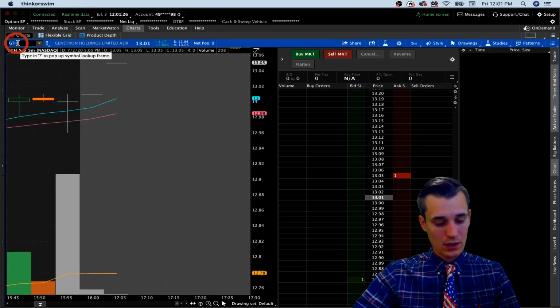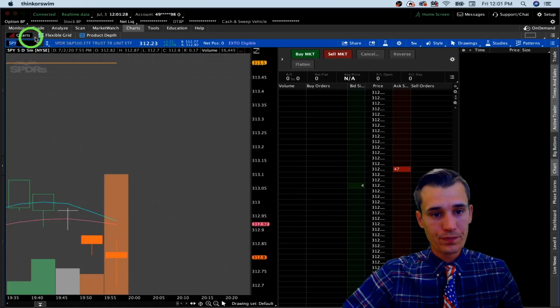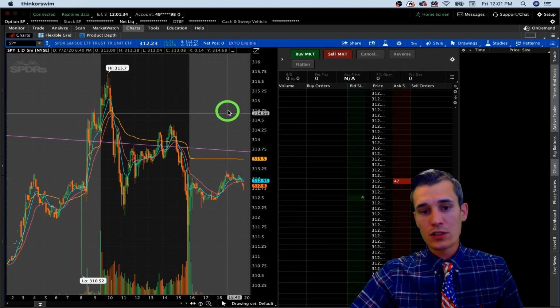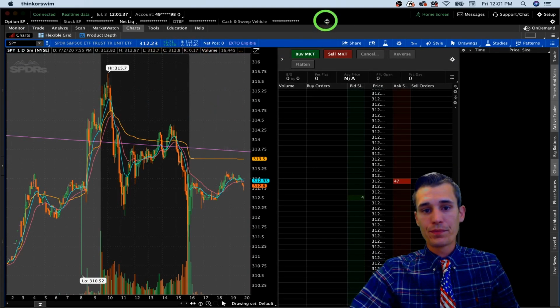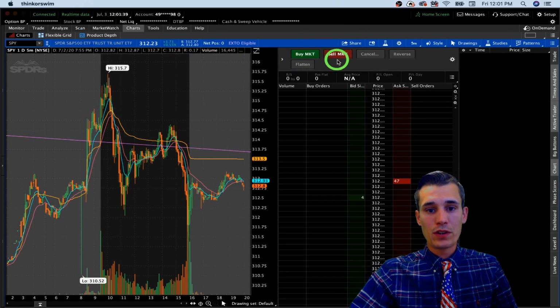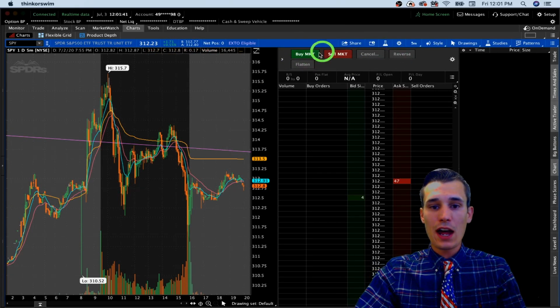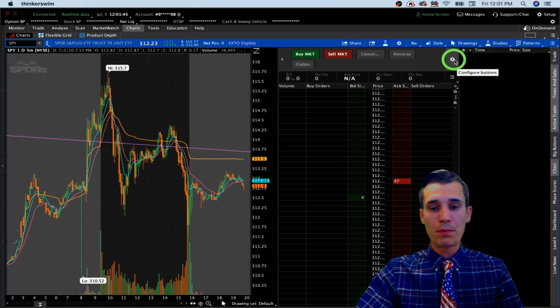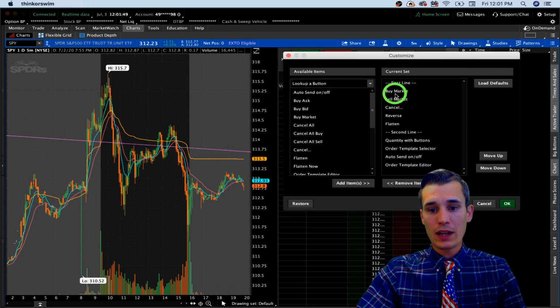And let's put in SPY, for example. Okay, so here we have the active trader window set up. This is not how I like the active trader window set up. So to customize it to my preferences, I'm going to hit this settings button and I'm going to add some